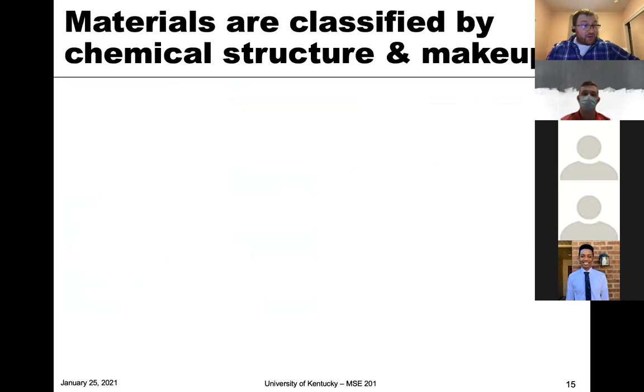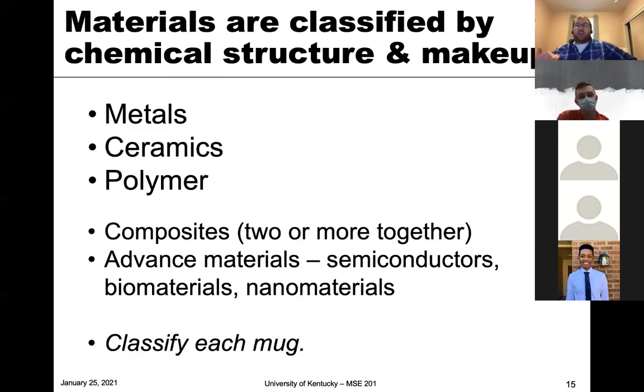We're running out of time, so I just want to mention a couple things. The reason I chose the specific mugs for the videos that I did is because it breaks down into the different classifications of materials that we have. So we have metals, ceramics, and polymers. So the ceramic mug, the metal copper mug, and then that plastic or polymer mug, right? Those are our big classifications of how we break down various materials.